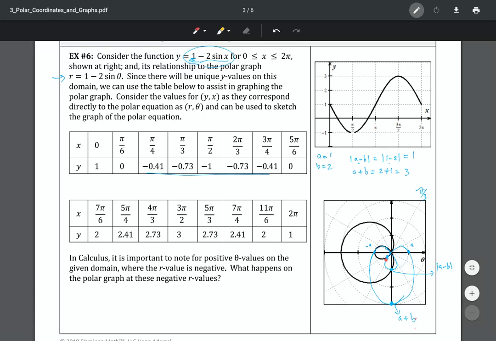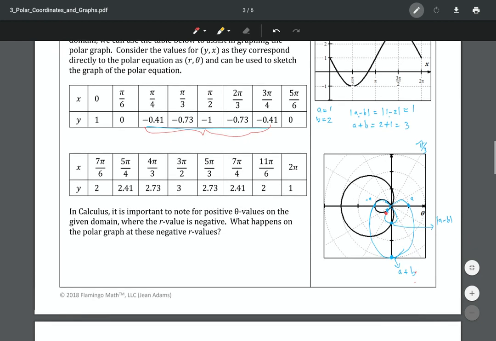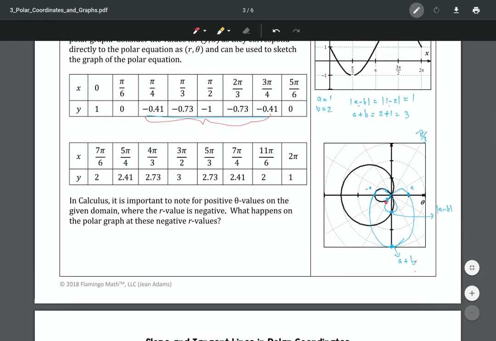So what happens is that all these negative values is what happens basically when you're creating the inner loop. So all those negative values correspond to the inner loops. Those are like the coordinates of the inner loops in the limaçon. All right, so when it's asking us for this, I guess we can say that R values are negative when the inner loop is created. So as far as we know, it's being created between pi over 6 and 5 pi over 6. So